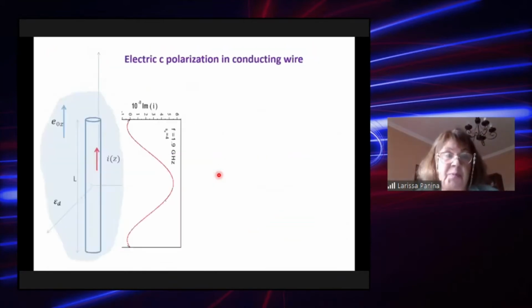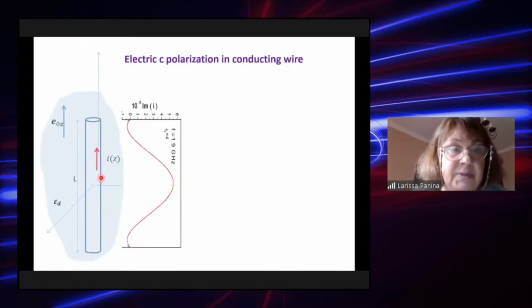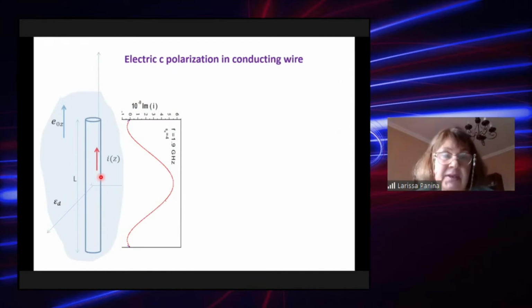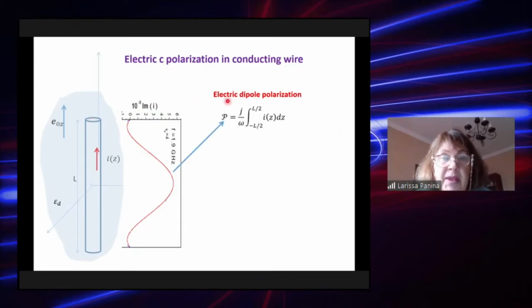just, we'll skip this, for inducing electrical polarization in the wire at gigahertz frequency. So this is a single standing wire, and it is placed in a high frequency electric field. And what happens with the current in the wire is that it has some kind of distribution along the length with zero at the ends. It means that there is